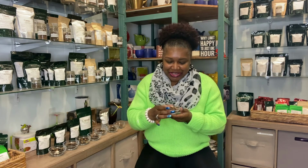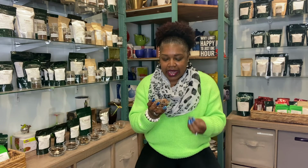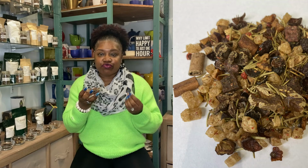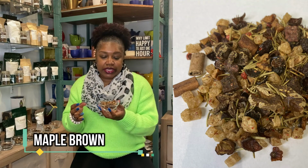Okay, so the final one. Oh my God. Again, this is called maple brown sugar. Thinking of D'Angelo's song, I want some of that brown sugar. Yes, this is called maple brown sugar, and why it's called that is because it has the cinnamon in there. This one has some cinnamon, some rosemary, some dragon fruit, some pink peppercorns. It has some star anise in there,